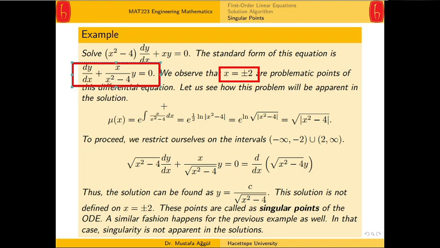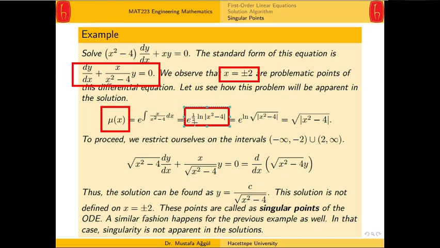Let's see how this will be apparent in the solution. Okay, so if you find the integration factor, we need to find e to the integral of x divided by x squared minus 4 dx, and then this integral with substitution, if you say u is equal to x squared minus 4, then you will end up with this result for that integral. Okay, so this is basic calculus, and then this 1/2 power will go up on the natural log function. So negative